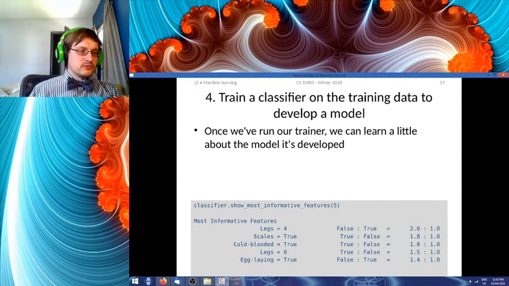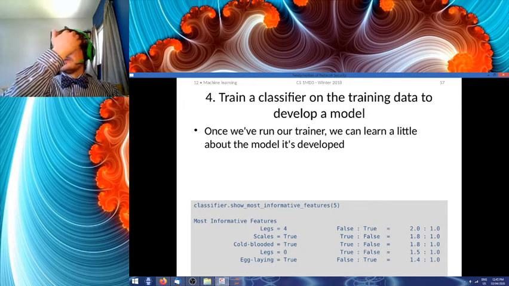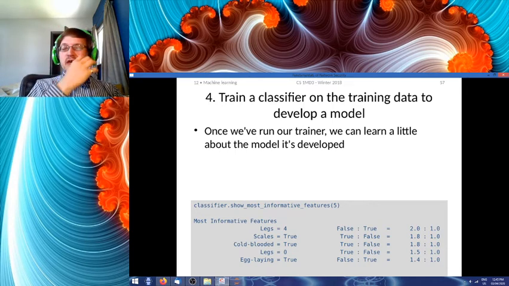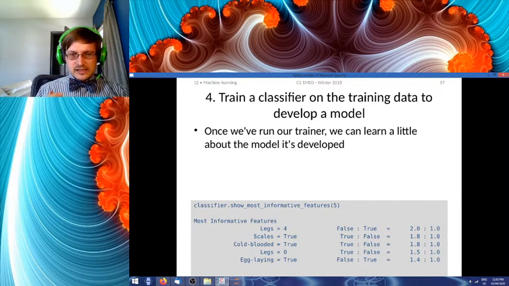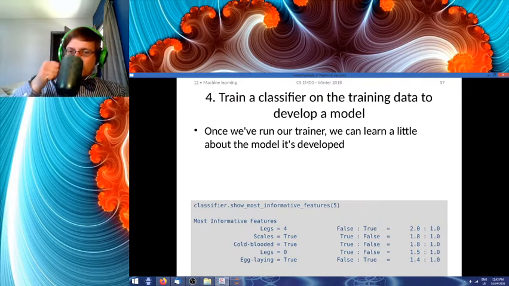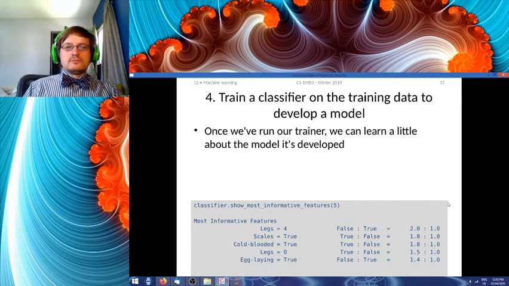Legs is the most informative feature, which, I've discussed previously, I think is a little bit biased towards things that have legs. The next thing is scales. Scales apparently indicates reptile presence better than the rest of them, except for legs. Then whether or not it's cold-blooded, legs equals 0, and then egg laying. So there you go.